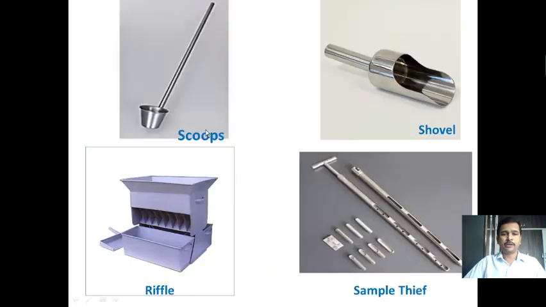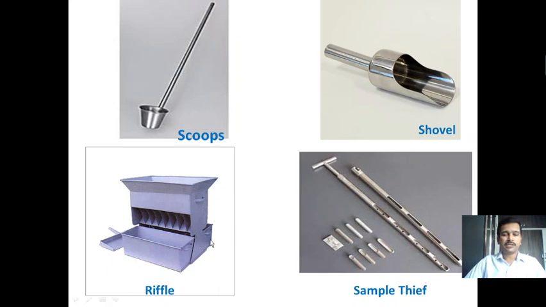So this slide is showing how the scoop will be, and this can be released into the pool of the sample, and here exactly the sample is going to be collected. This is a shovel, and this shovel can also be used to clean the grains in your house. So by the principle of separation based on masses, the grains are cleaned by using shovels. So this is the portion that can be merged into the pool of the sample. It may be ore or any sample which has large particulate matter, and the sample will be collected here.